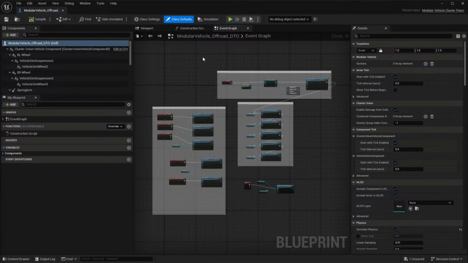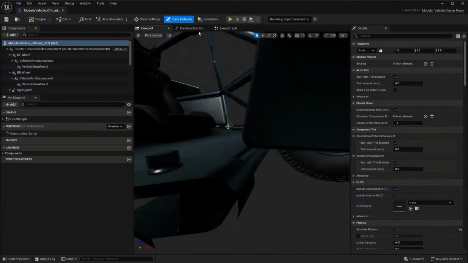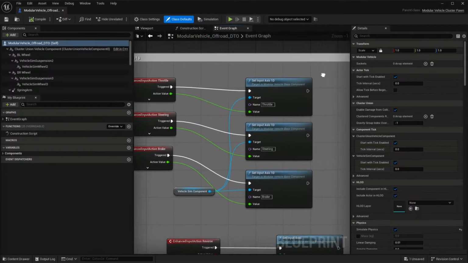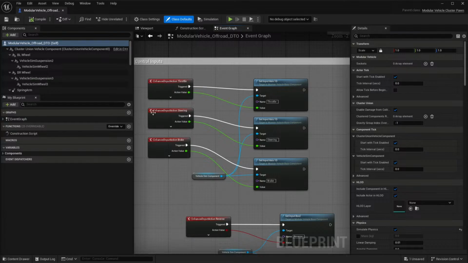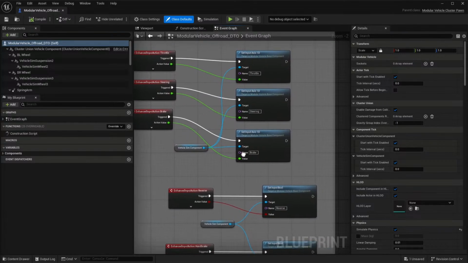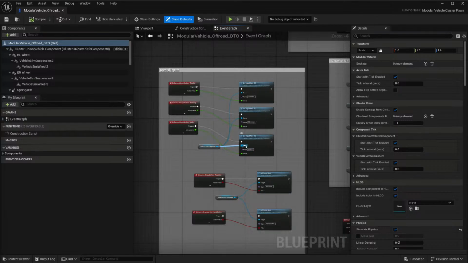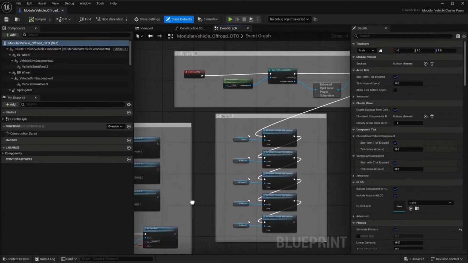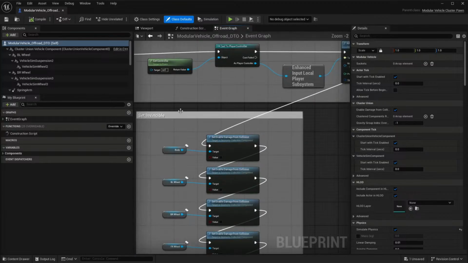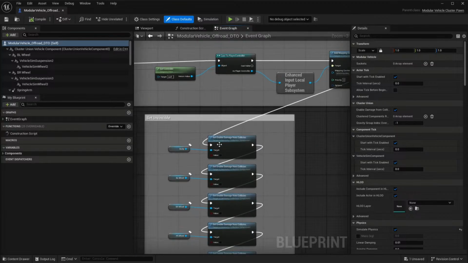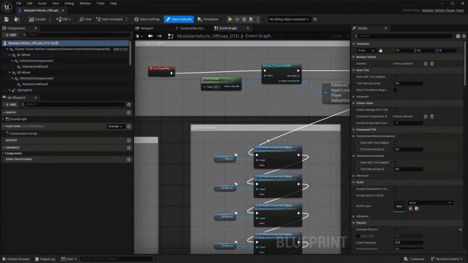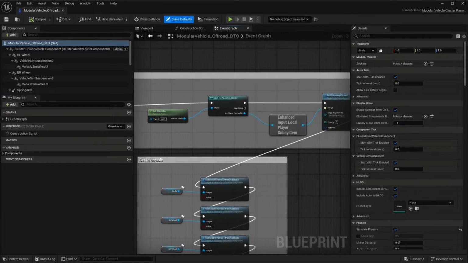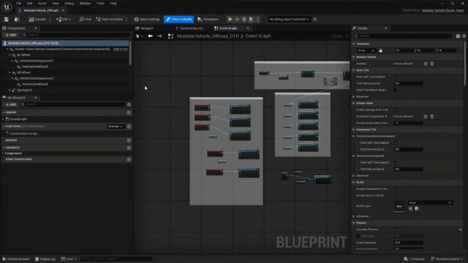This is one of the vehicles, and the way it works is you've got your event graph, which is essentially hooking up the controls, right? It's using the enhanced input to hook up the controls. So you can just grab that, copy paste it. You don't have to build that yourself. I would never build that again. It's already done, so I'm going to grab that and essentially hijack it. Then it's got a couple little things that make certain parts of the vehicle not destructible. It's turning the wheels and all those things into invincible collision objects. That's what that little logic does. You can hijack that and use it.